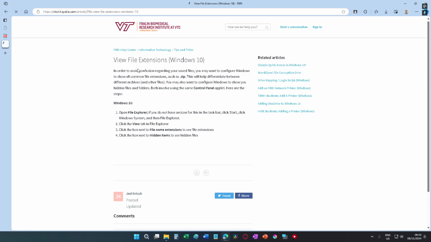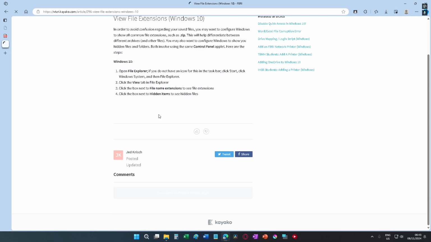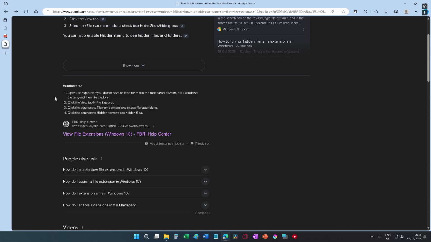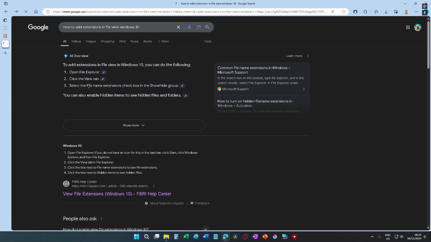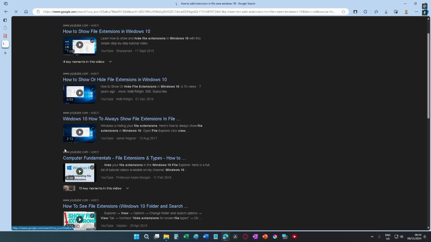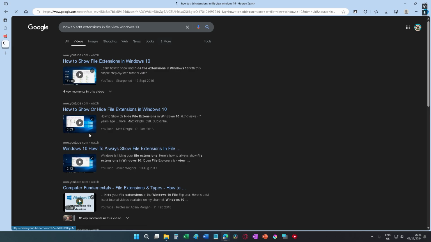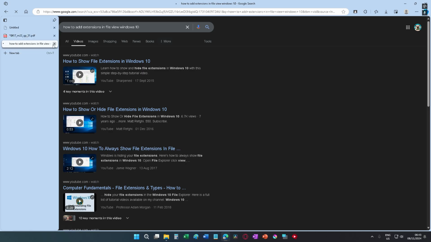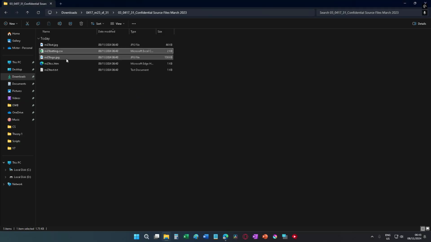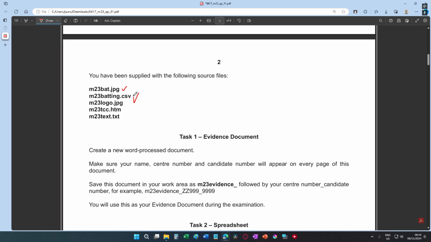So they will tell you, and reading and researching is a big part of working with computers. So if you don't see anything that you understand here, let's say you like more pictures, then maybe, or if you like videos, then just watch a video. That's also really nice. You can look for the shortest one and then put it on 2x speed. Okay, anyway, so file extensions there, and M23 batting, yes, and it's CSV, yes, M23 logo,